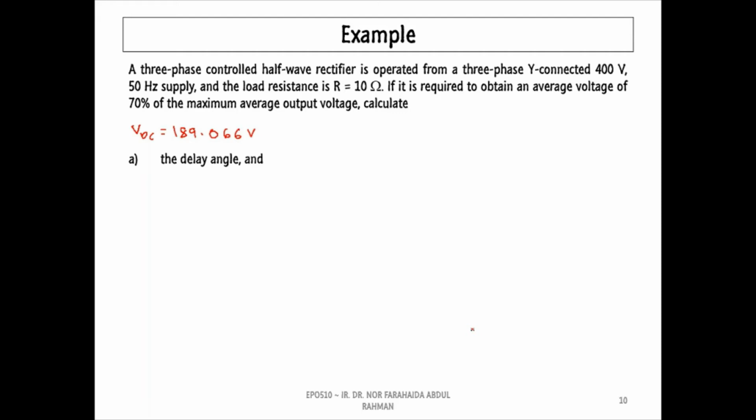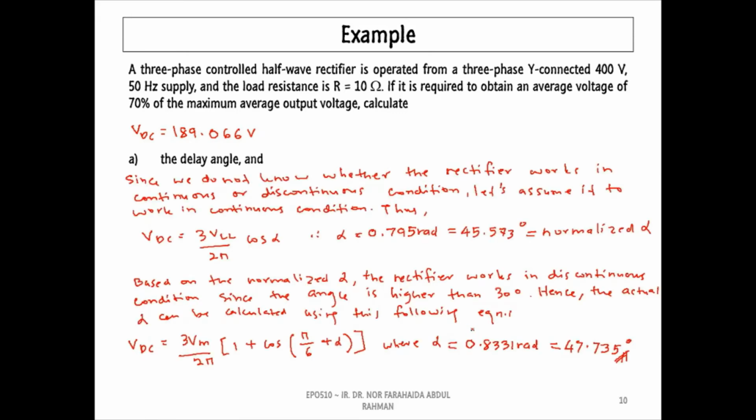Initially, we assume the rectifier operates at the continuous condition. Thus, the firing angle calculated here is known as the normalized firing angle. Based on the normalized firing angle, we know that the rectifier is actually working at the discontinuous condition because the value is higher than 30 degrees. Thus, by using the actual voltage equation, the firing or delay angle of the rectifier is equal to